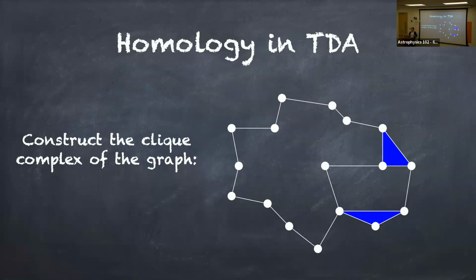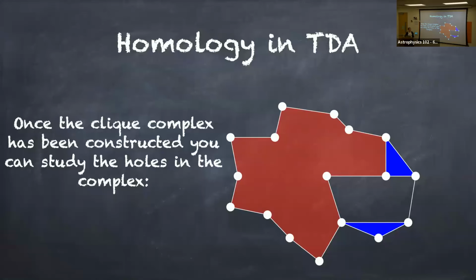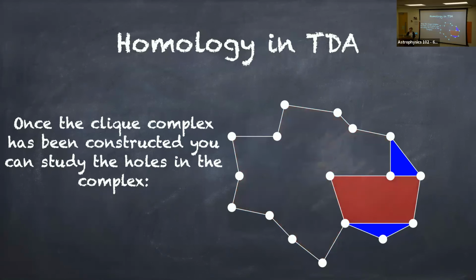Okay, so this is the clique complex of the graph, and this is the topological space that we're going to be studying the topology of. And as I said, in homology and TDA, what we're interested in is the holes in the graph, holes in the complex. So you can see here, in this particular complex, we've got two holes. A hole in the complex is just any cycle in the complex that doesn't have a simplex. So the simplices are given by the cliques, I've noted them in blue, and the holes are any cycle that isn't filled in blue. So you can see in this particular picture, we've got two holes.